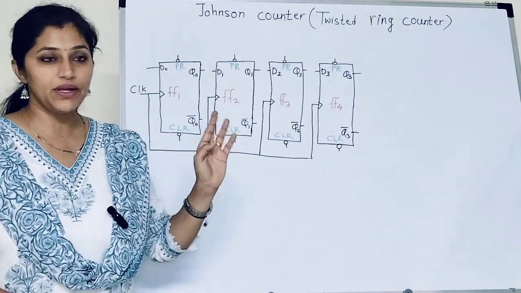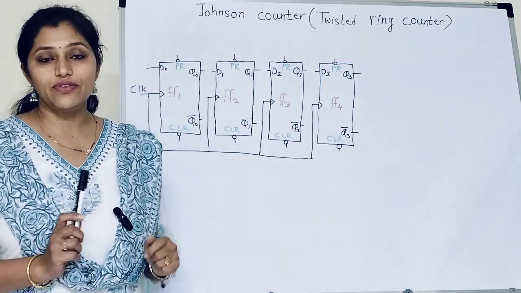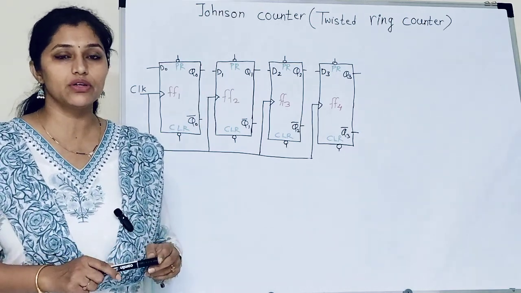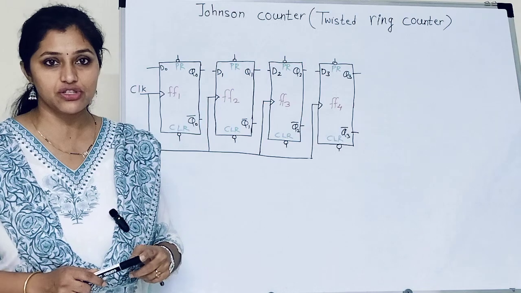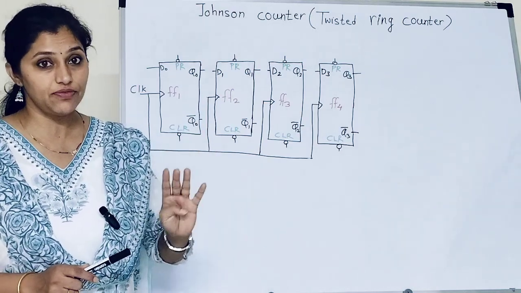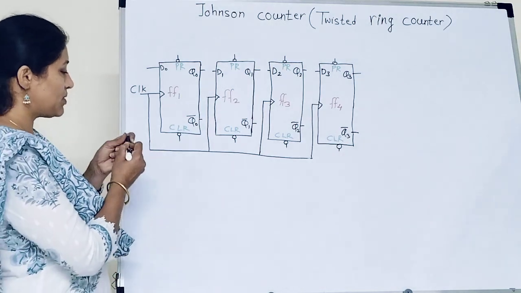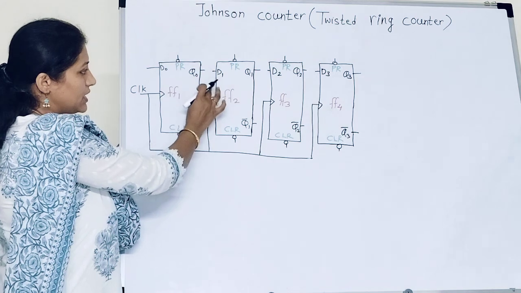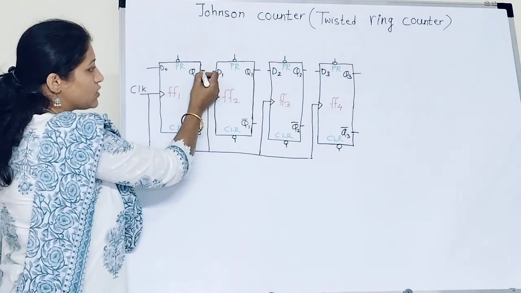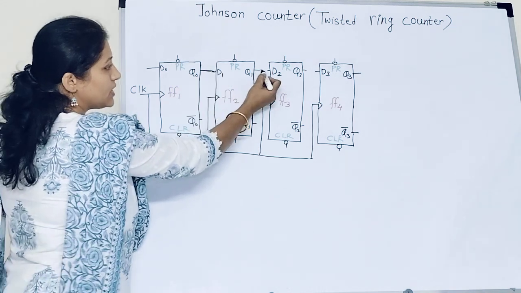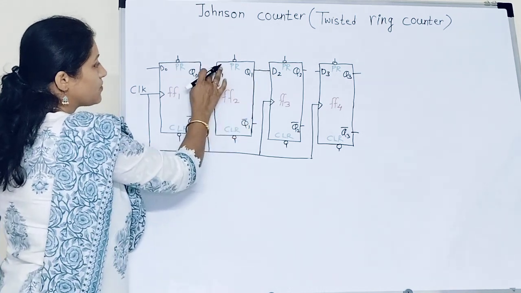See, this is 4-bit ring counter. One flip-flop can store 1 bit of data. So to implement 4-bit counter or 4-bit shift register, we need to take 4 flip-flops. For 3-bit counter, we will take 3 flip-flops. So here, for implementation, output of first flip-flop is connected to data input of second. So Q0 is connected to D1, Q1 is connected to D2,